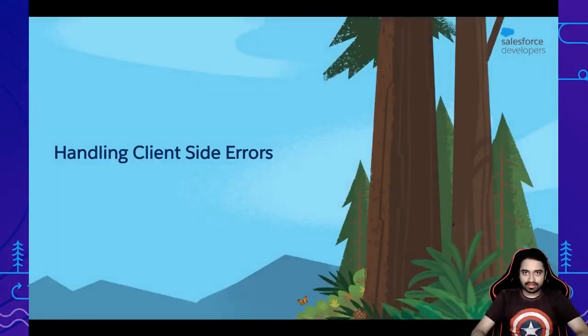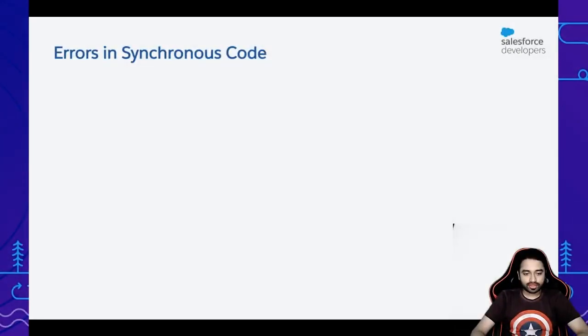Now moving on to handling client-side errors. On the client side, obviously everything is JavaScript, and Lightning Web Components, as you know, is completely based on web standards. So all of your error handling mechanisms are also going to be based on web standards. When it comes to JavaScript, there are two kinds of things that go on. One is your synchronous code, that is your line by line execution. And then there is your asynchronous code. That means your wire services, your promises, setTimeout, setInterval, all of those become asynchronous calls. There are different ways in which you're going to handle both of these.